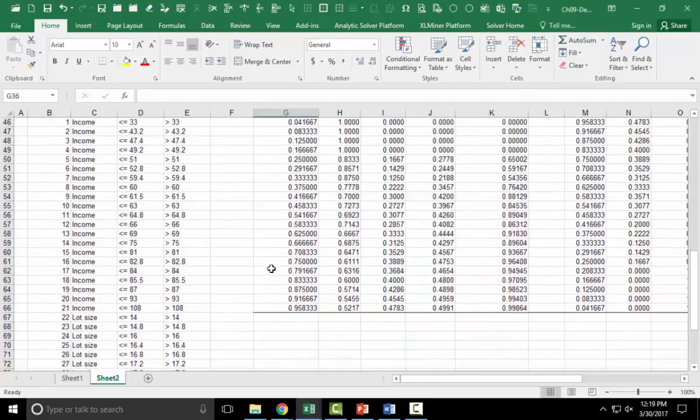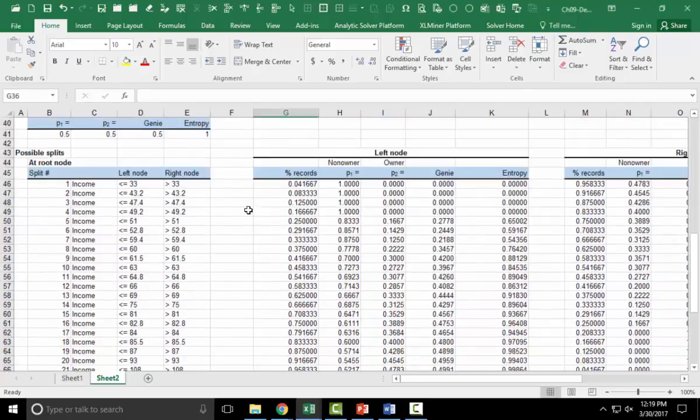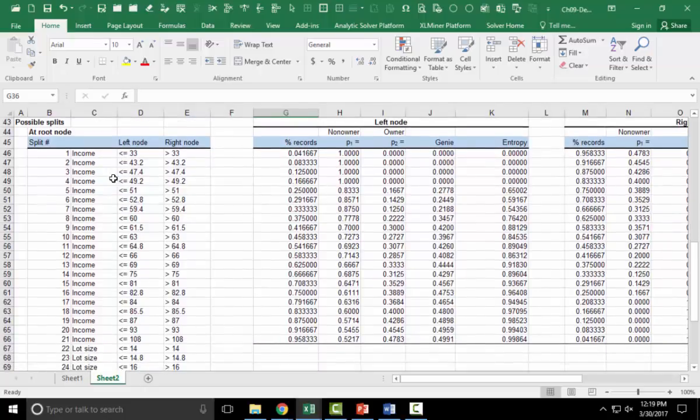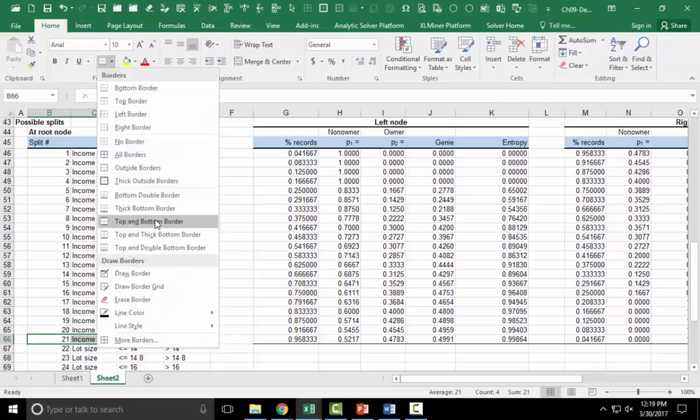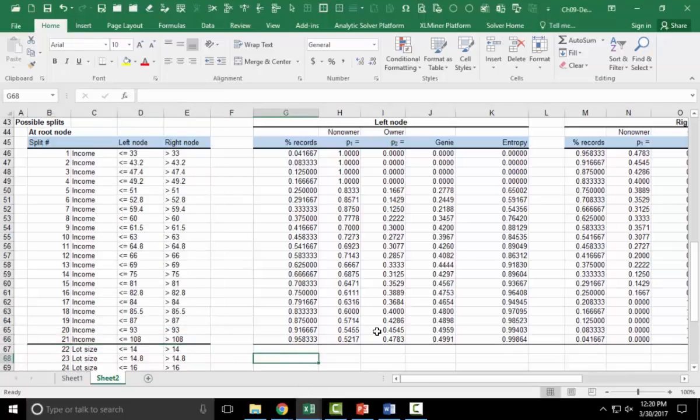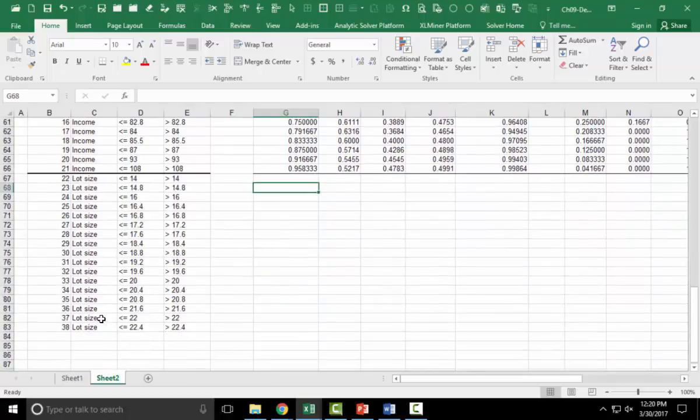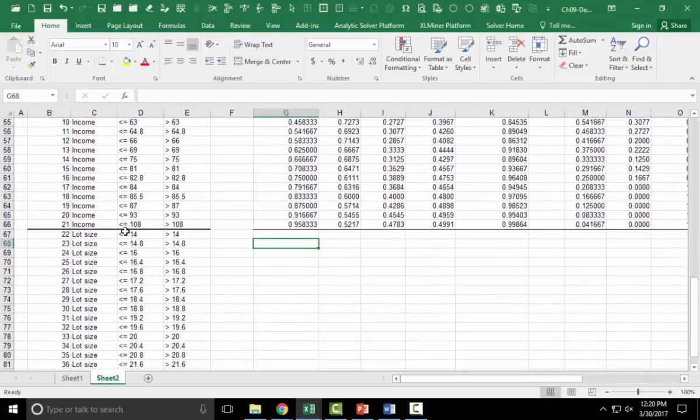Okay, so now we have the splits for the income variable done. Now let's do the same thing, repeat it for the lot size splits. So now this time we're going to use